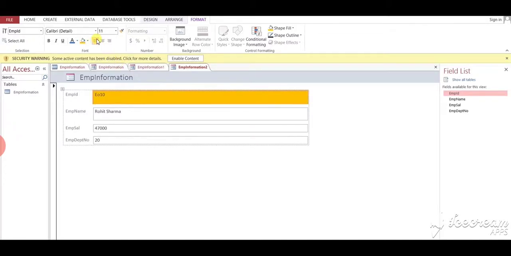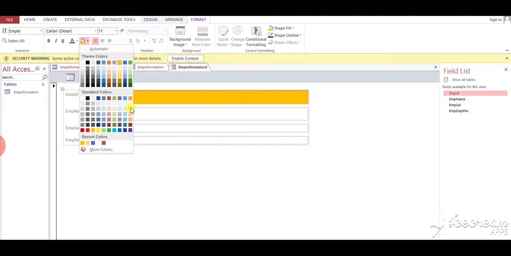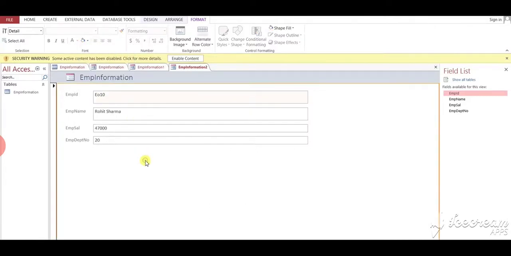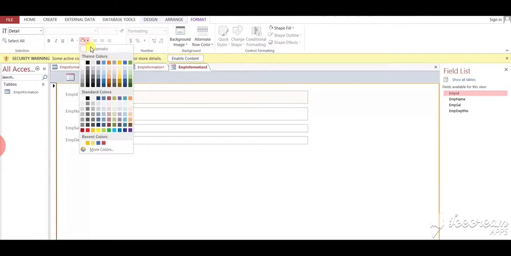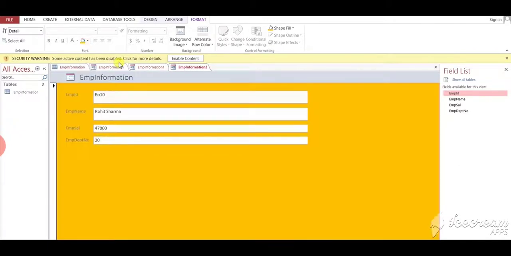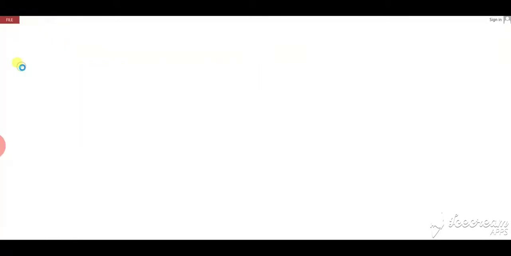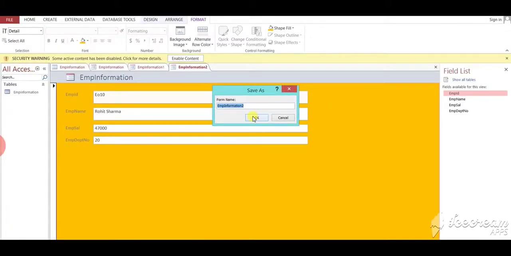Then we can format the form: select the color, click on the form, then select a particular color, and in this way we can decorate or format our form. Then save it with a proper name.